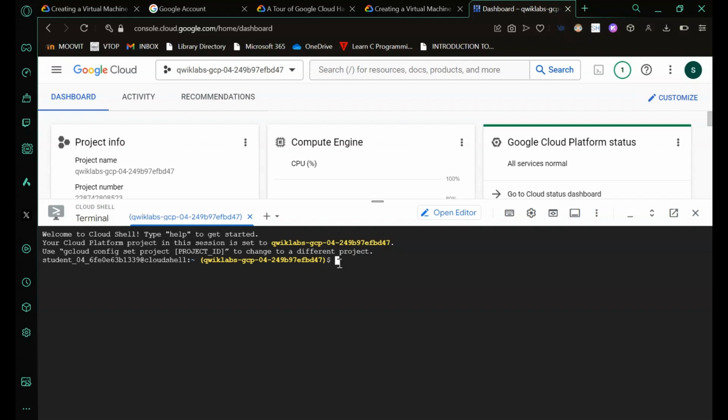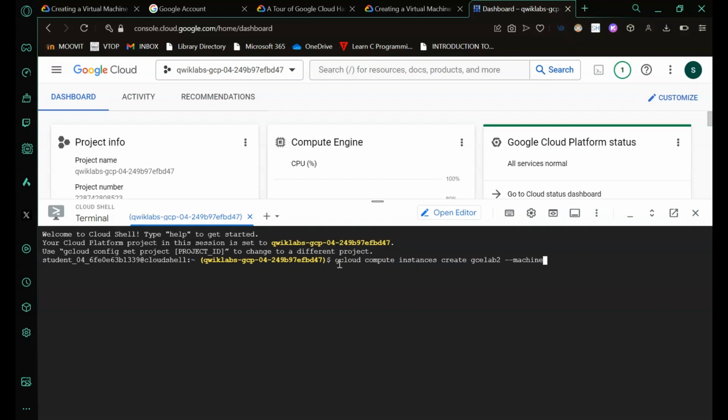Okay, so I'll explain the command as I write it. Gcloud compute instances create. Now we'll write the name of the instance here. So we have already made an instance named GC Lab. So this will be GC Lab 2.